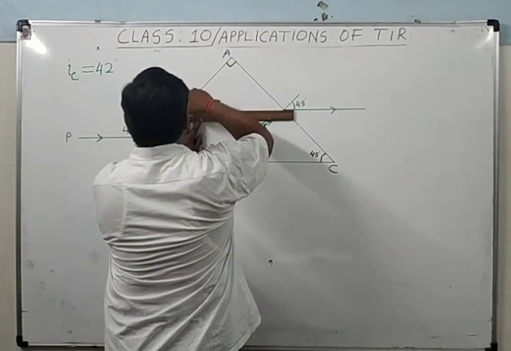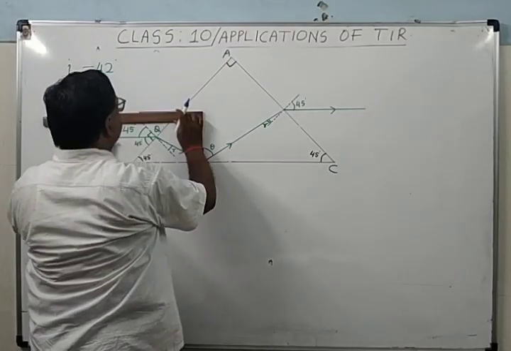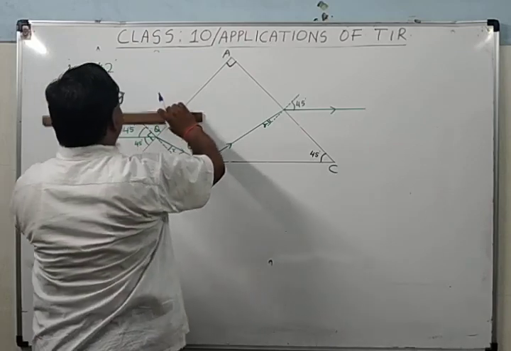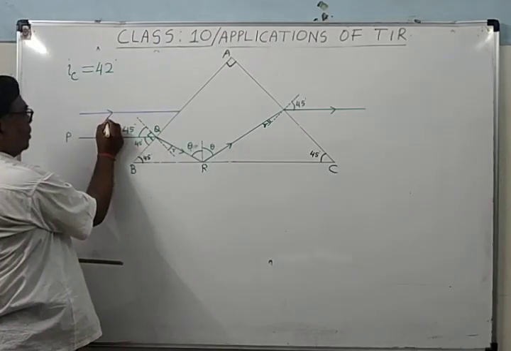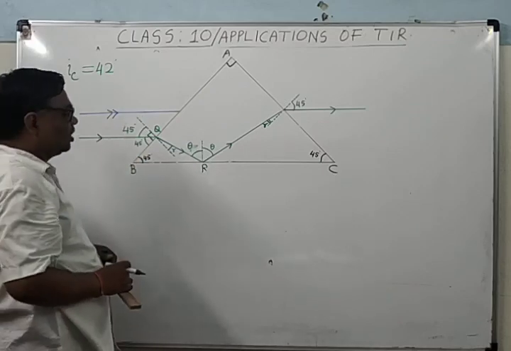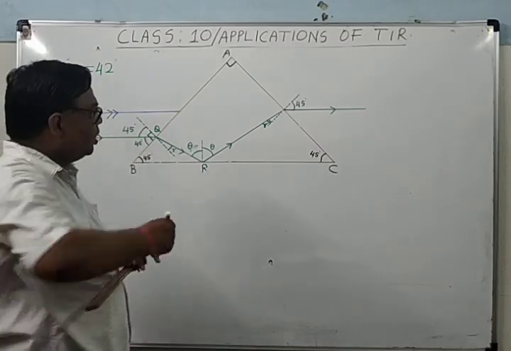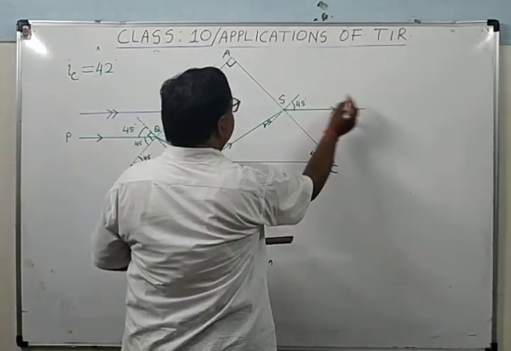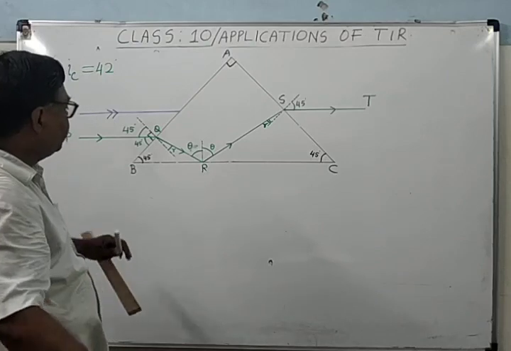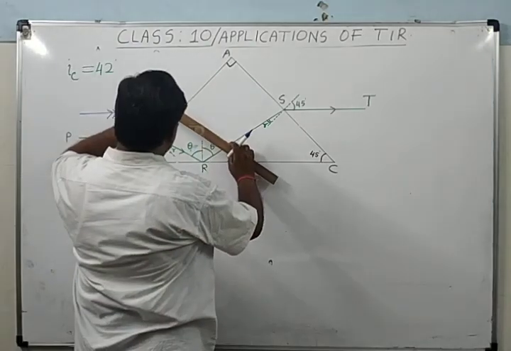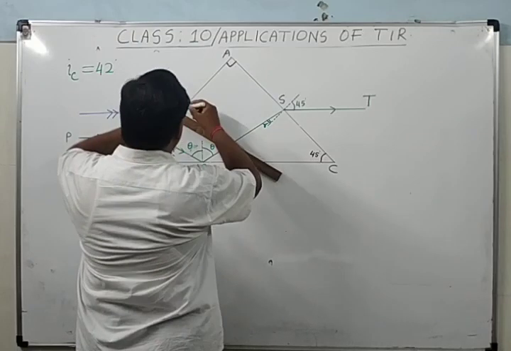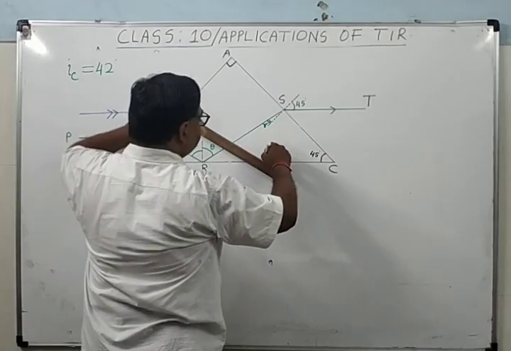This is another. Here size of object will remain as it is. There will be no change in the size of object. You will see. Same thing will take place through this ray also. Here this we can name as D. Same thing will take place for this ray also. Now I am trying here.